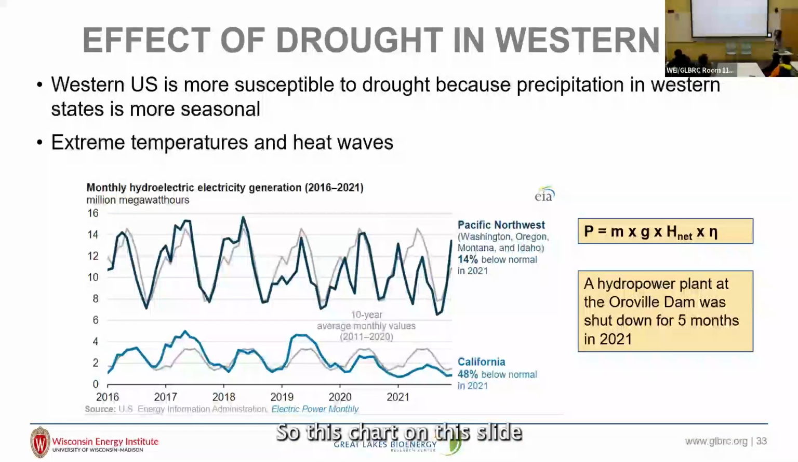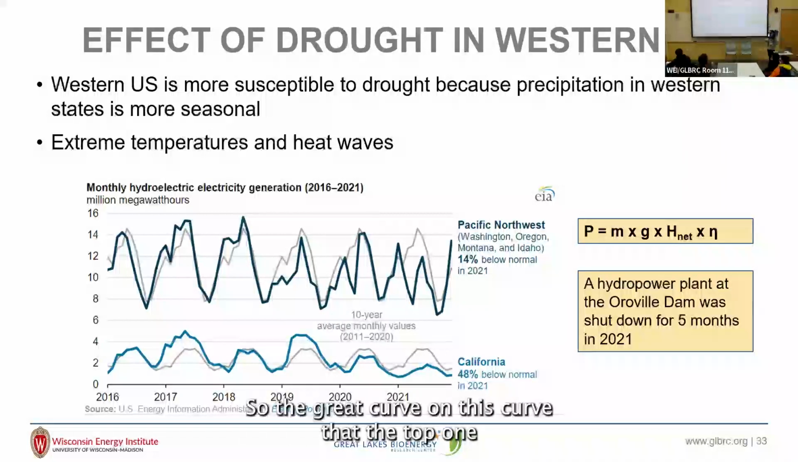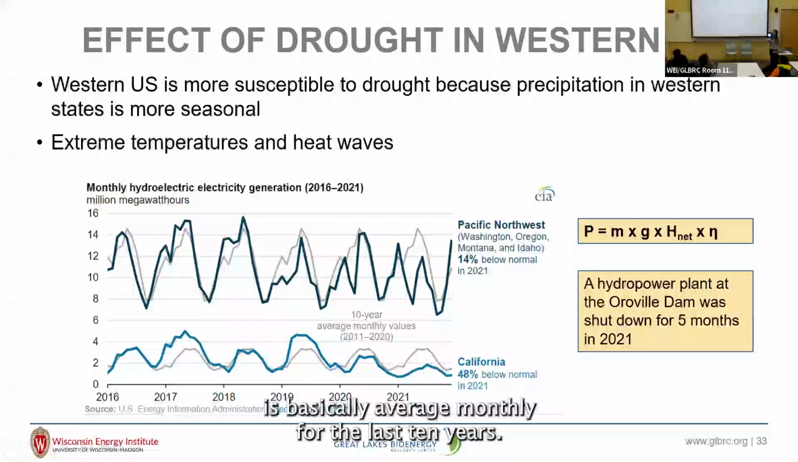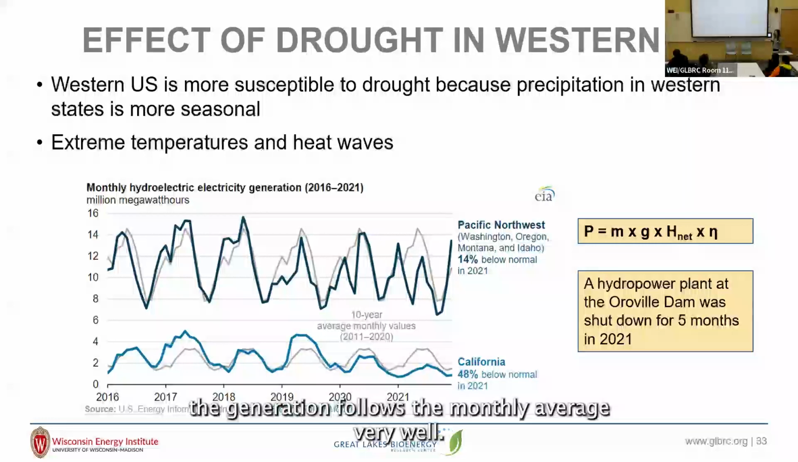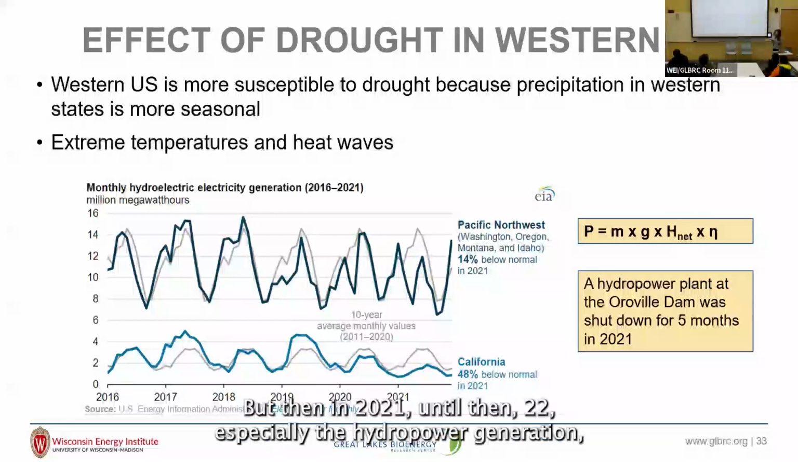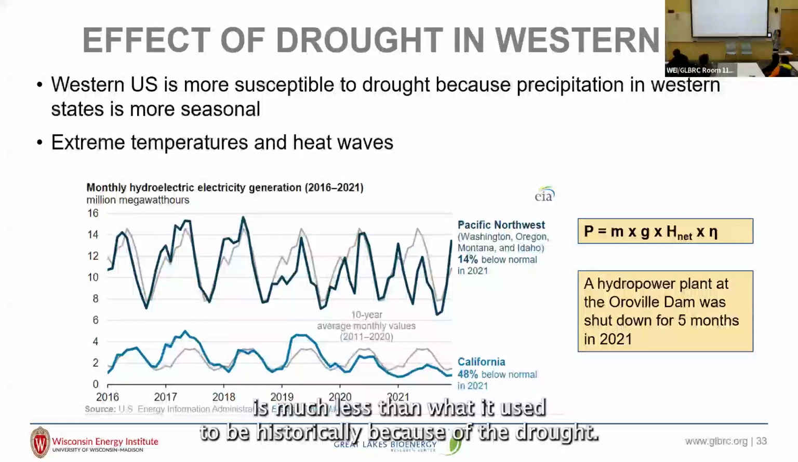So this chart on this slide shows a very clear picture of how that drought affected hydropower generation in 21, 22. So the gray curve, the top one, is basically the average monthly generation for the last 10 years. And the dark blue is the actual monthly generation in the Pacific Northwest. As you can see in the water years, the generation follows the monthly average very well. But then in 2021, in 2022 especially, the hydropower generation is much less than what it used to be historically